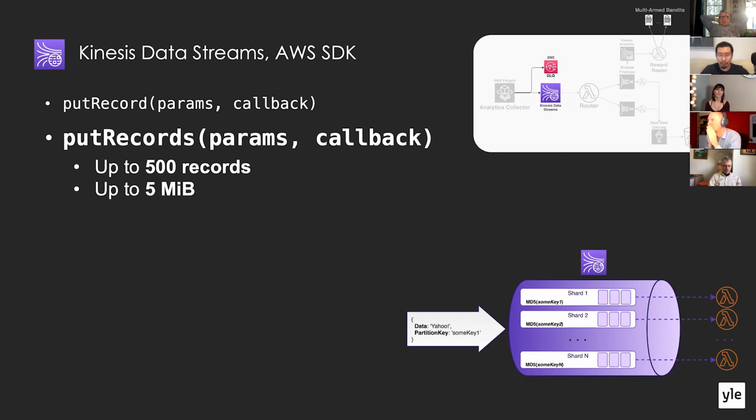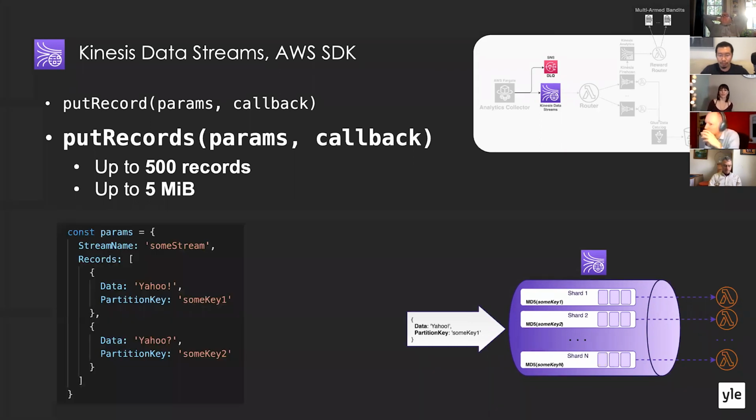So it's always recommended to use batch operations. When you're sending a batch of records to a stream, you provide the name of the stream, and then you have the array of records that you want to write to the stream. Each record in the array contains the data, so the payload you write to the stream, and also a string called partition key. The partition key is the way that the Kinesis stream decides which shard to write your data to. So when you write a record to a stream, Kinesis calculates a hash value of the partition key,